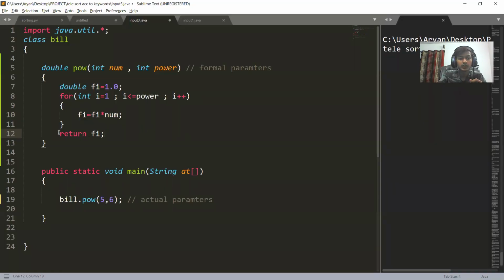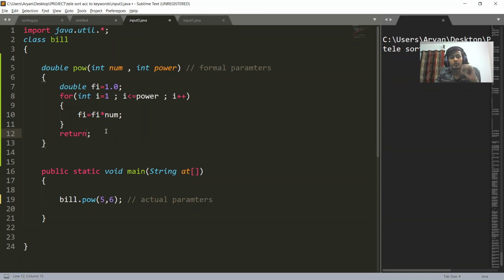The function of the return keyword here is to return the value by the function, and it is also used to terminate the function. Return keyword terminates the function and also returns the value if any. So यहाँ पे तुम लोग क्या कर सकते हो? If you do not put anything here, you just put the return. Then it is telling that the function is not returning anything.